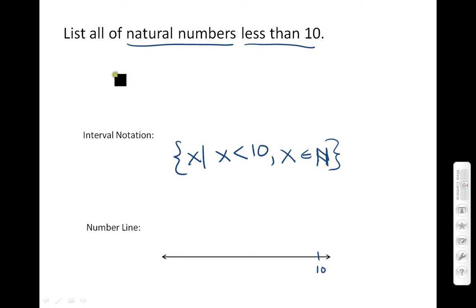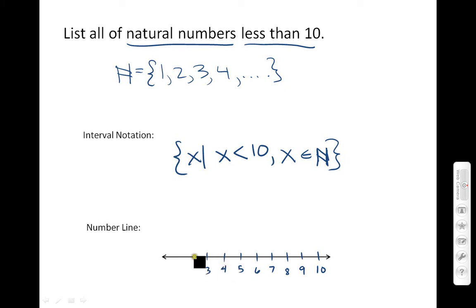Remember, the set of natural numbers is all of the positive integers, the numbers that we count with. 1, 2, 3, 4, and so on. So really, we're not talking about too many numbers. The natural numbers less than 10 would include the number 9, 8, 7, 6, 5, 4, 3, 2, 1, not